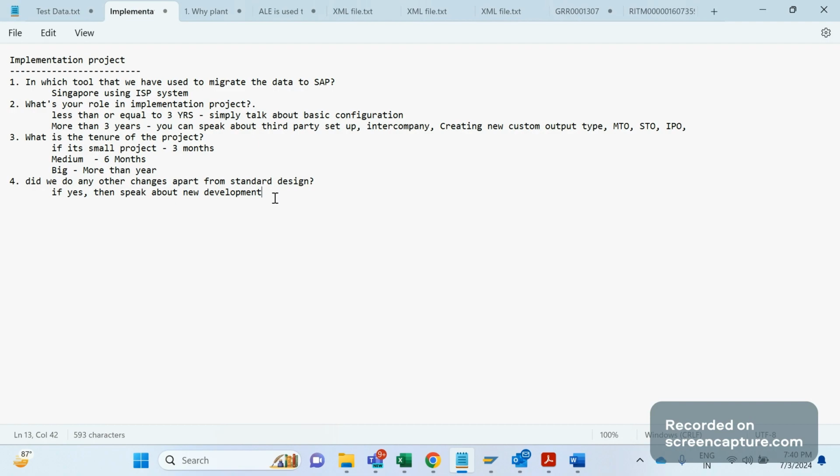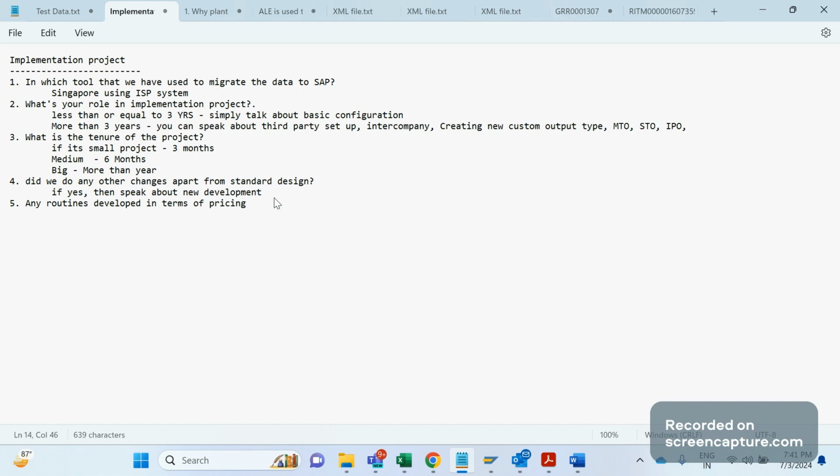Okay. And one more question that you might expect is whether any routines were developed in terms of pricing. We have so many routines available relevant to pricing, right? The requirement routine at pricing procedure level, alt calc type, alt base type, and at the access sequence level also a routine is available, and the scale routine, in the condition type controls, V/06 also has a routine. For scale routines also there is one, right? So like this we have 4 to 5 routines.